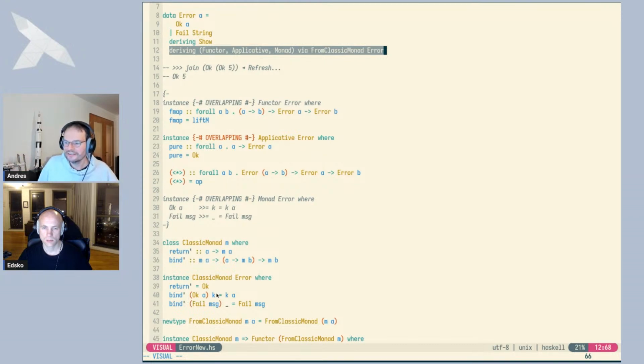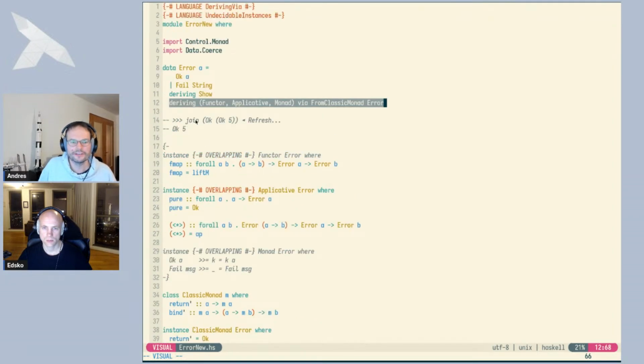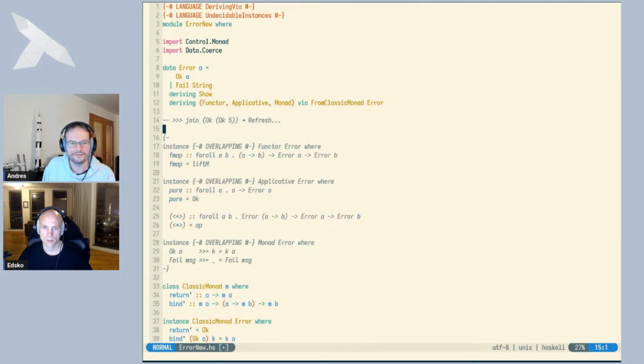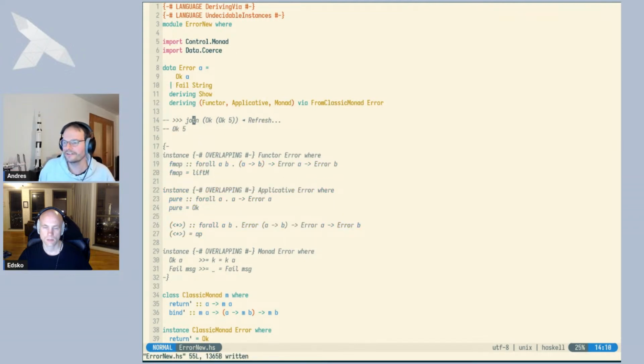And then for the new monad, for the new applicative, for the new functor, we can get this for free. And again, I should actually probably delete this and try to reevaluate and see that it still works. Yeah, but I have not made a mistake. And I think this is a good example because deriving-via has many, many applications, right? There are many things that are representationally equal to each other, and you can lift class instances around in many ways. And GHC had for a long time generalized newtype deriving, which basically says you